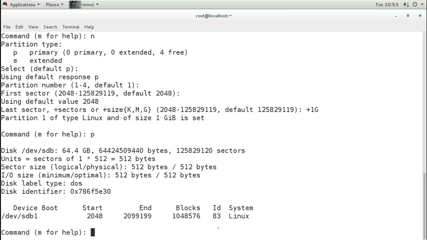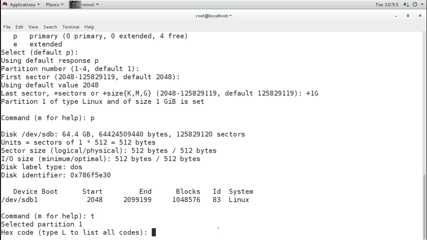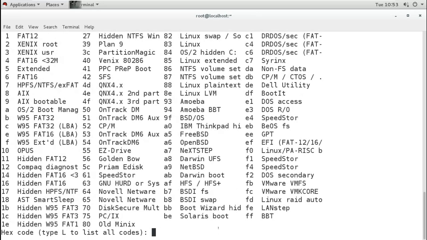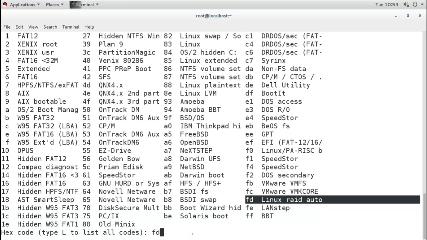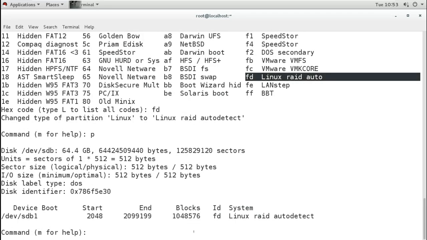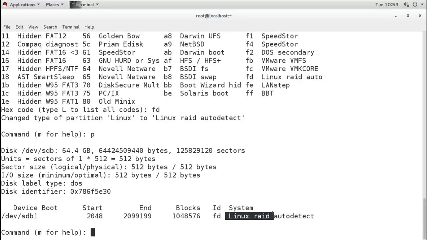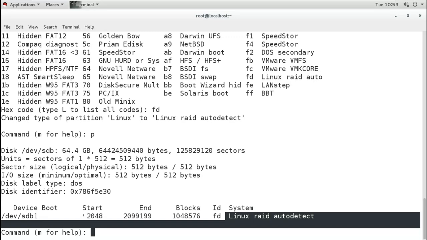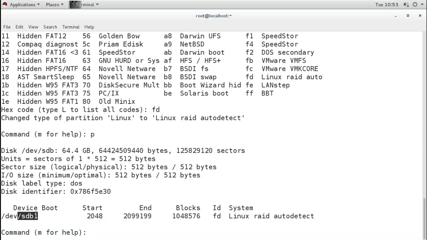So I will change the type by T, and we can see the code, and the code for Linux RAID is what? FD. You can see here FD. So I want this FD. So I will give the FD code, enter. So now I have a partition which is Linux RAID. The partition name is SDB1. Save, exit.